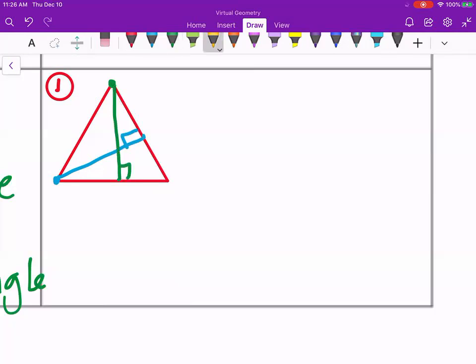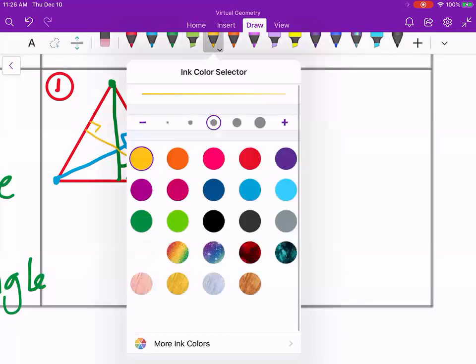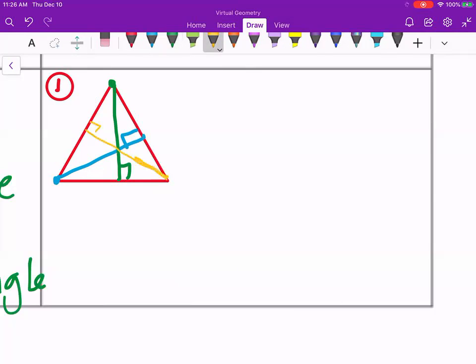And let's get our last one. I'm going to make that one a little bit bigger. Okay, and there's our orthocenter inside. And all the altitudes are inside when the triangle is acute. The second one